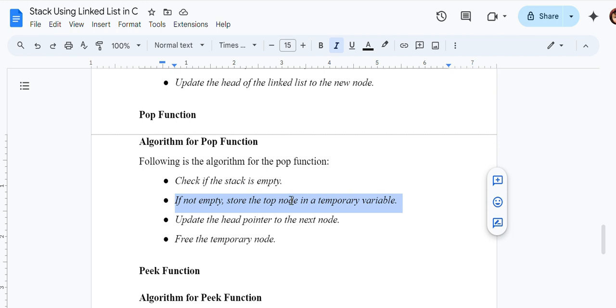Whatever element is deleted will not really be erased; a garbage value will occupy that place. Then update the head pointer to the next node, and then free up the temporary node.